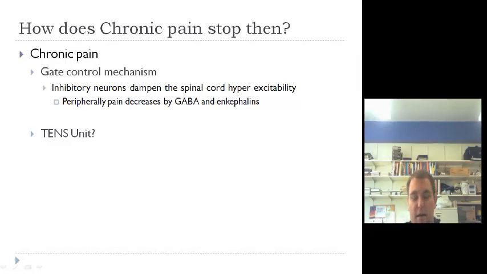So I think that chronic pain stops, or gets improved, not necessarily stops, because of these C fibers. If we can control the gate mechanism clinically somehow, whether it's a manual therapy or electrical modality such as a TENS unit, and we decrease peripheral pain by increasing GABA or enkephalon or a neurotransmitter that we cannot see, and that's where I get into trouble sometimes, we can still decrease their pain. I see this with a lot of the dancers I treat.